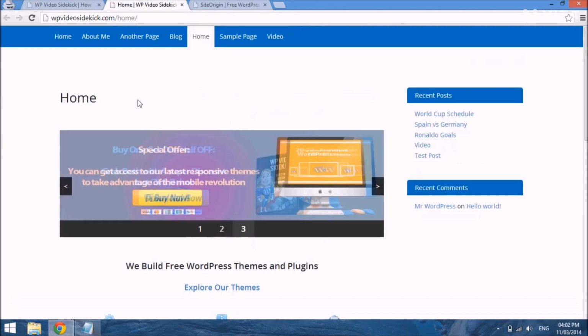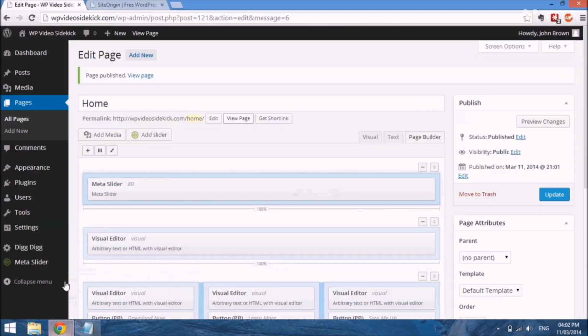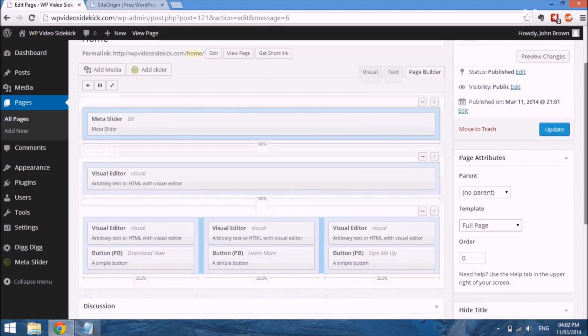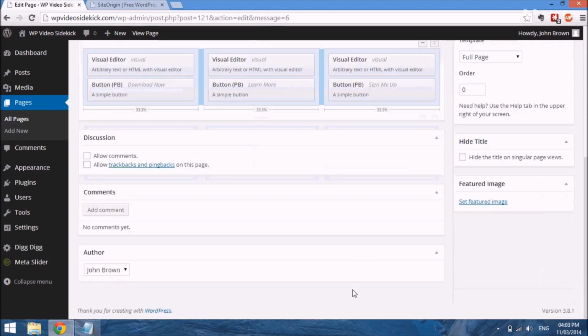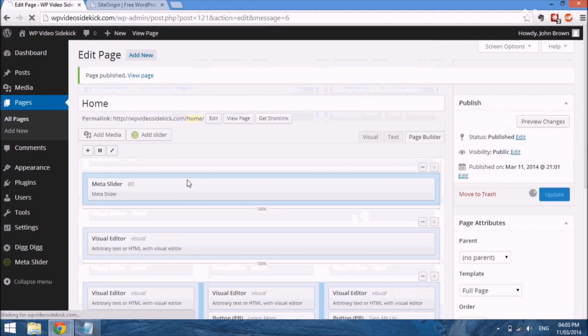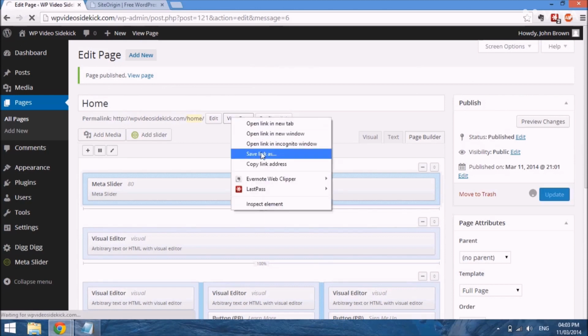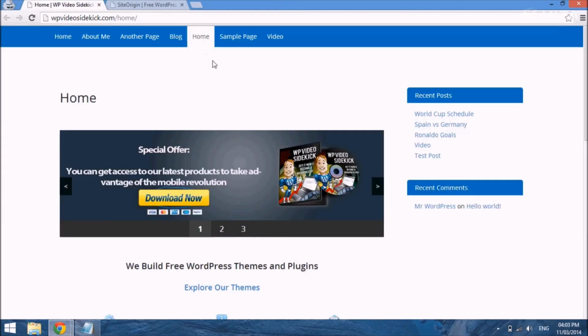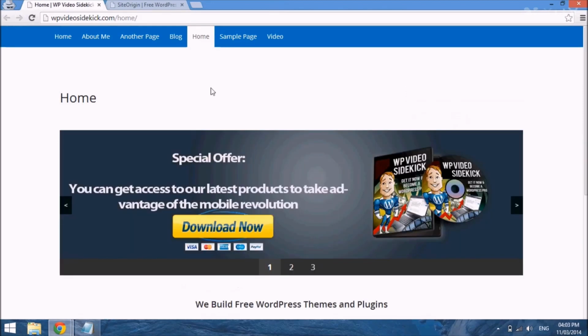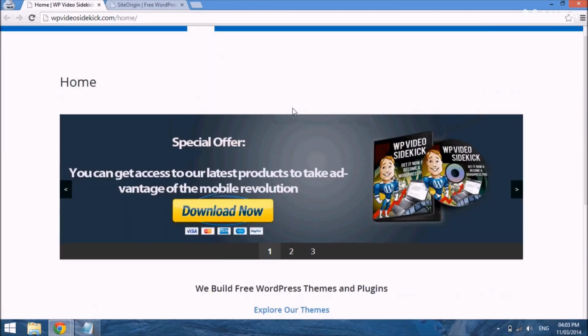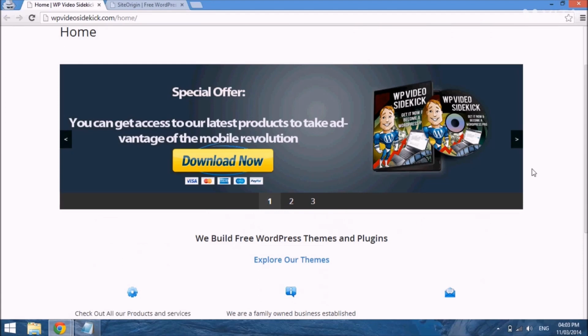I'm just going to go back and go back to our editor, change the default template to a full page, and to remove comments, trackbacks, update, and then view page, refresh, and there you go. We have our landing page with our slider,